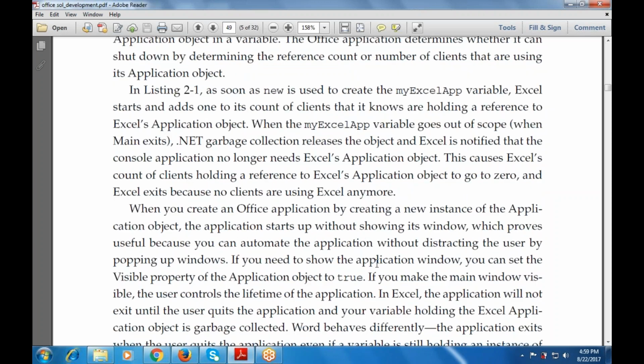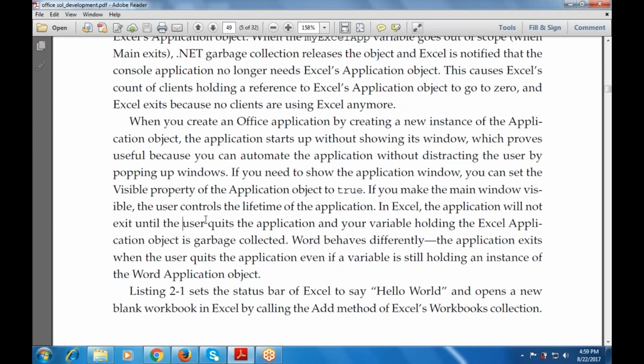And in Excel too, the application will not exit until the user quits the application and the variable holding the Excel application object is garbage collected. And in the same way, they